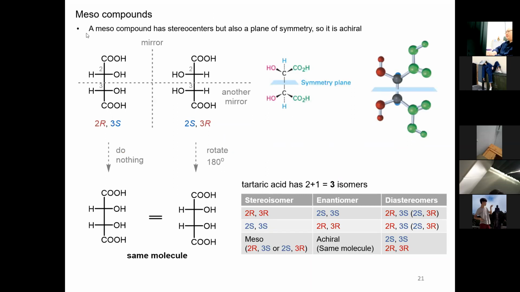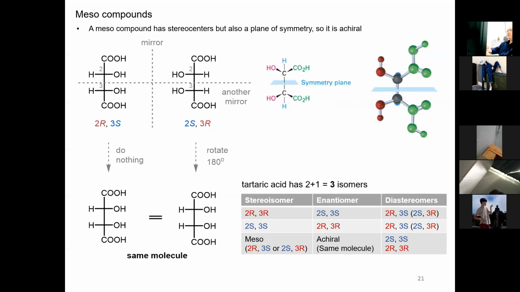Okay. So, and the concept of meso compound. So a lot of you are still confused about that. So I'm going to summarize it here. To judge if one compound is meso or not, a meso compound must have 2 or more stereocenters. Okay, the first thing to look at is if it has 2 or more stereocenters. If it does, go to the next phase. That means if it does have 2 or more stereocenters, it should have a plane of symmetry